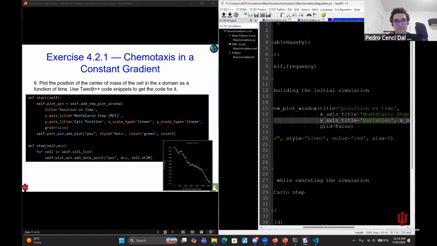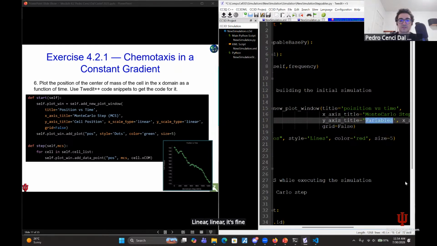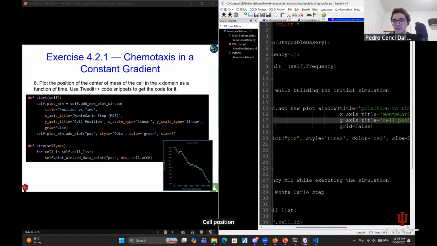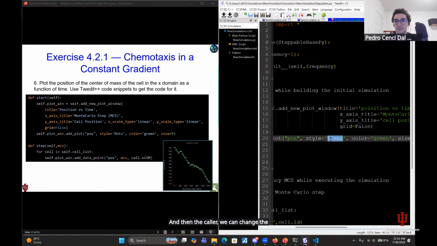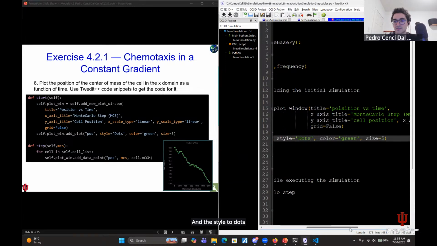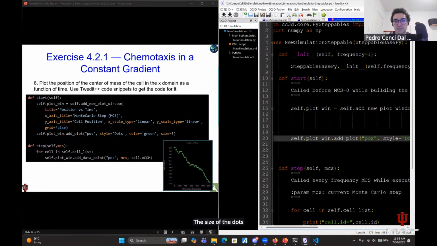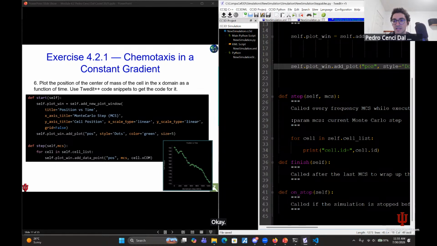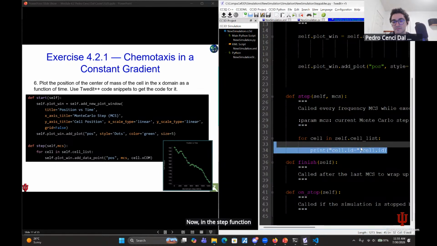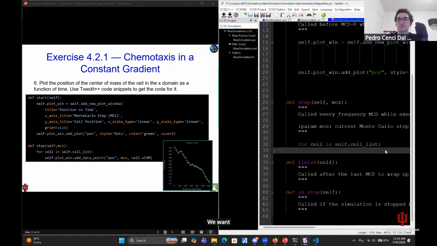Linear, it's fine. Cell position. And then the color, we can change the color to green, and the style to dots, the size of the dots to 5. Okay. Now in the step function, inside this loop, for cell in self-cell list, we want to